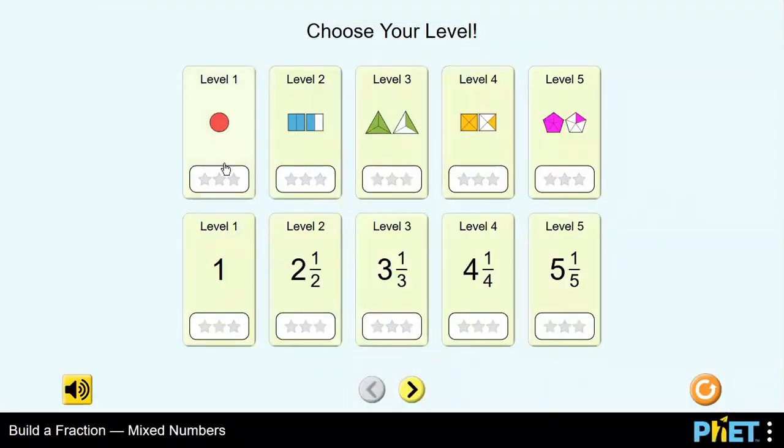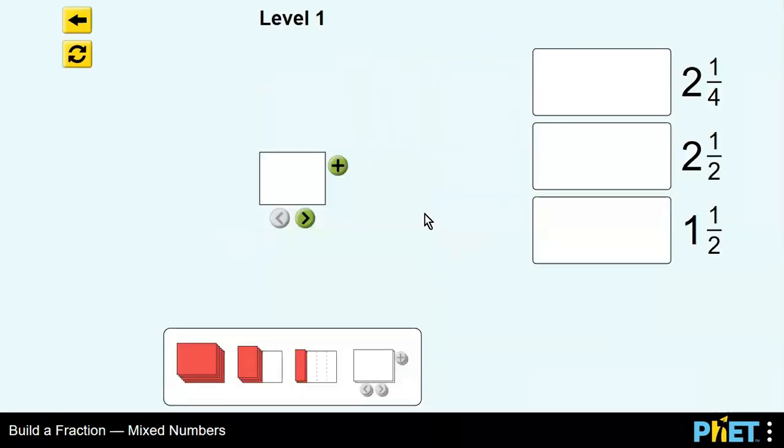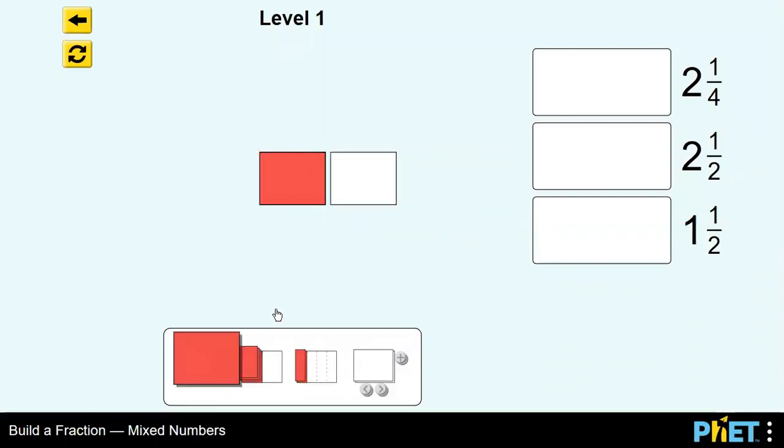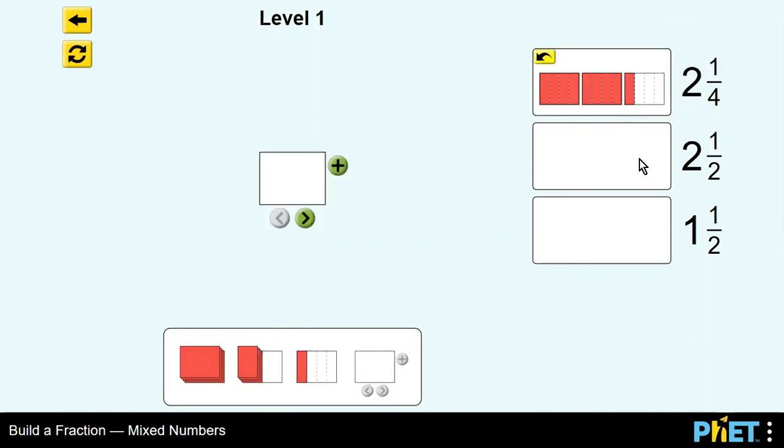So you can see this opens up here. And let's say I'll go to level 1. And this level 1 opens and it says, I want to build up a fraction of 2 1 by 4. So how do I go about and do it? 1 plus 1 plus 1 by 4, drag it and put it here. 2 1 by 2, and so you can keep on doing it, check it, move on to the next level. This is the kind of simulation which you can share with the students and students will be able to do it.